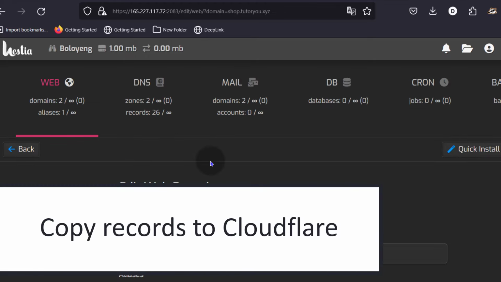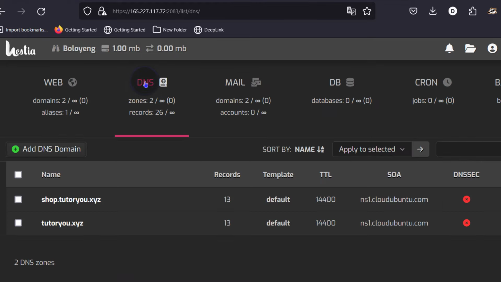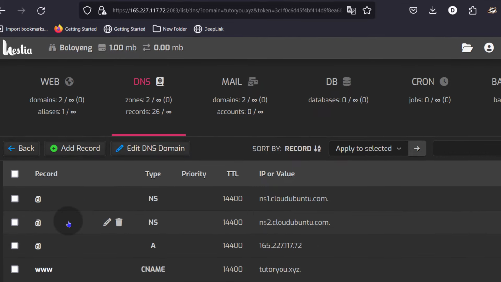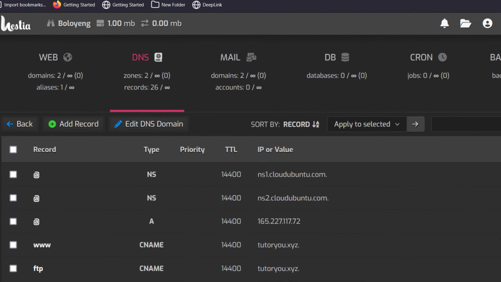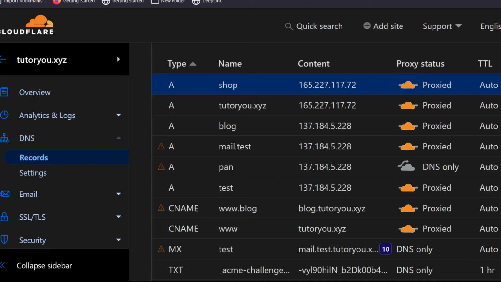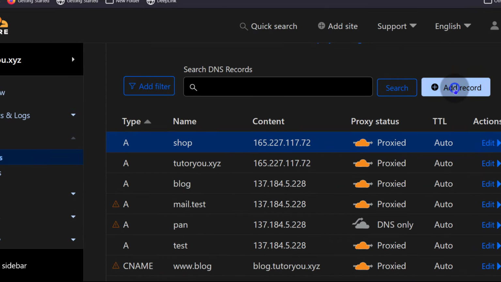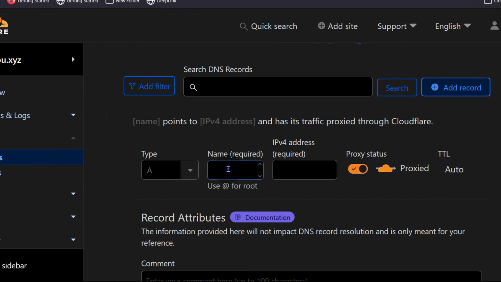So the reason I've been adding the DNS records, and if you're on cPanel as well, there should be a place that will show you your DNS records. So you can come into your control panel DNS records, and then you would copy them one at a time to Cloudflare. So for example, if you want mail to work, you'll have to add an A record with your IP address for the mail subdomain. So I would come this side and then add an A record for mail.